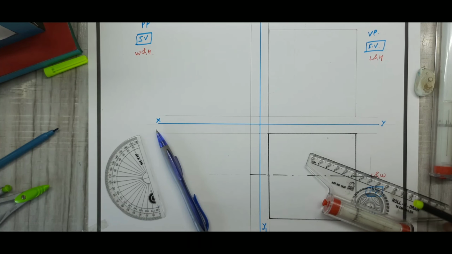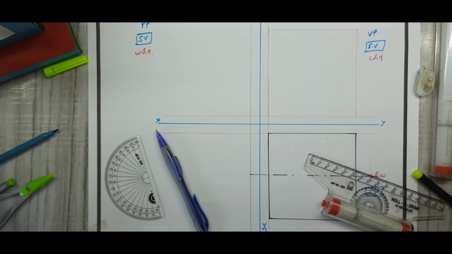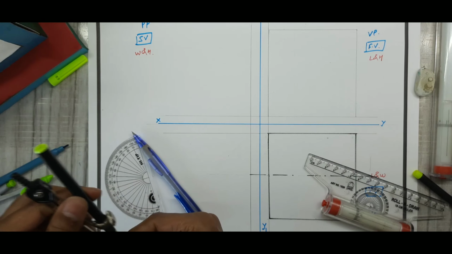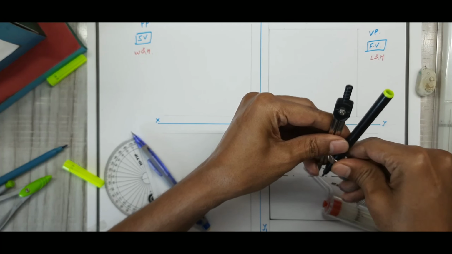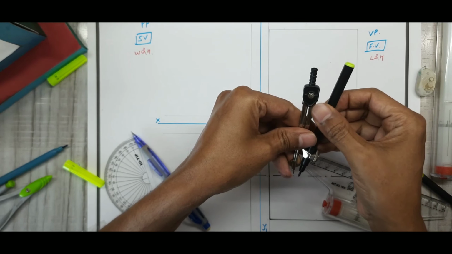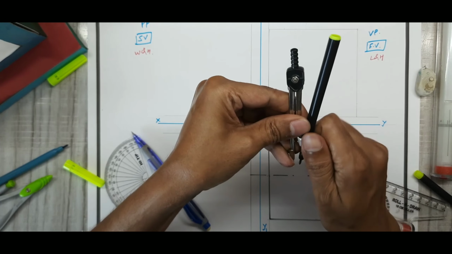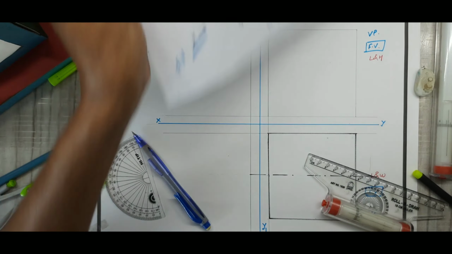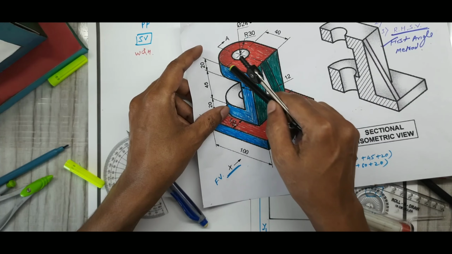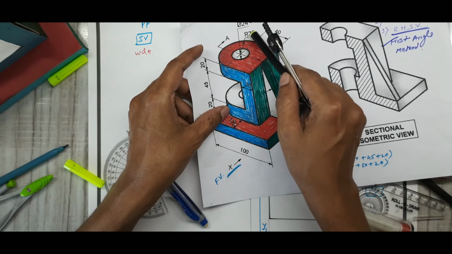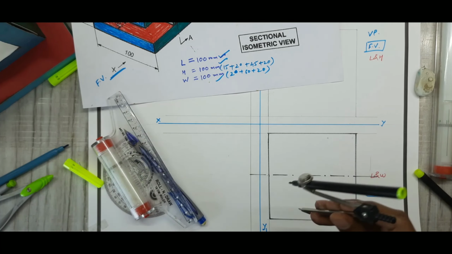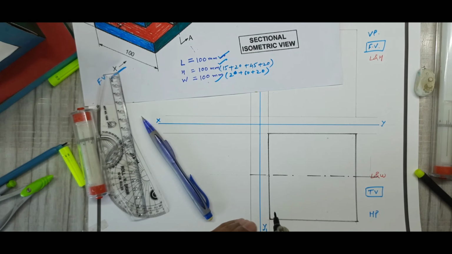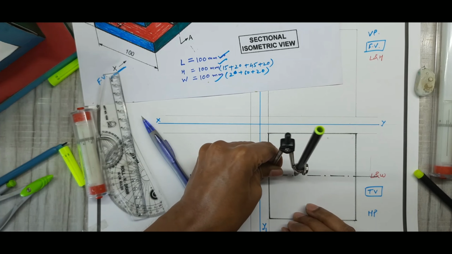After drawing the center line, now what I will do, I'll take a protractor, rounder, and in the rounder, I'll take a dimension. You can see this curved surface I required, means semicircle. How much is the radius? 30. So in the compass, I will take a 30, and you can see the center. If I keep it here, this is 30.